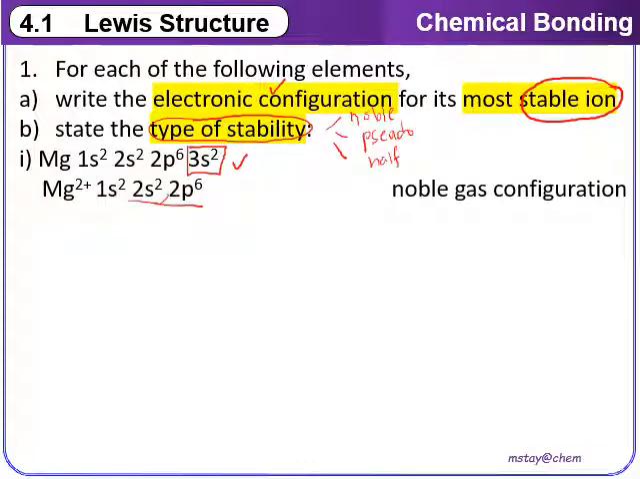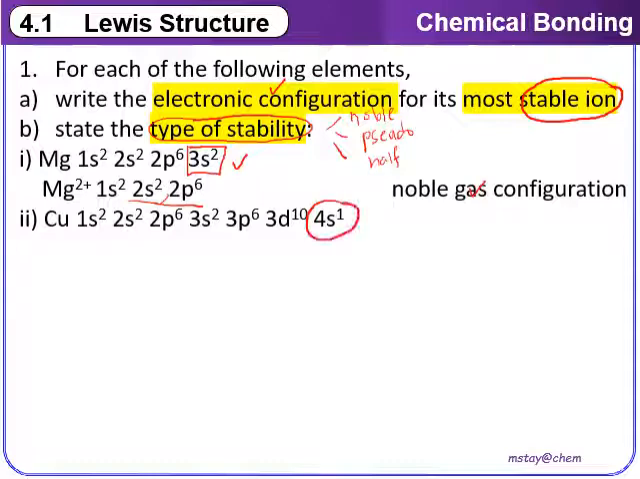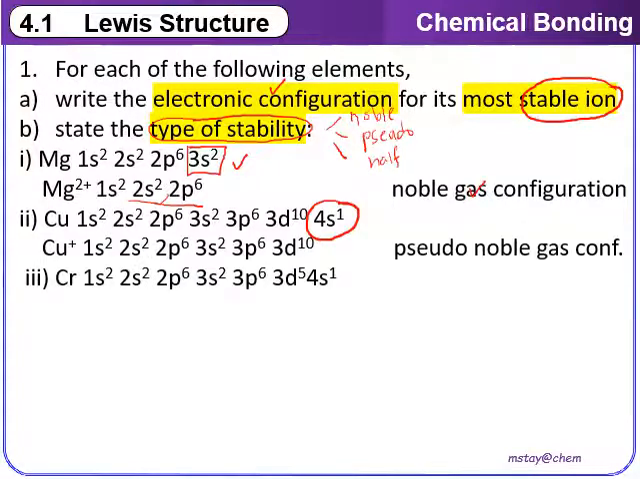So the type of stability is noble gas configuration. Let's continue with the B2. Same case as well, we write the electron configuration for the atom, which ends with 4s1. So from here, we know that this is the valence electron, and we tend to lose this electron. Copper tends to lose this electron, becomes Cu+, where it will end with d10, which we know